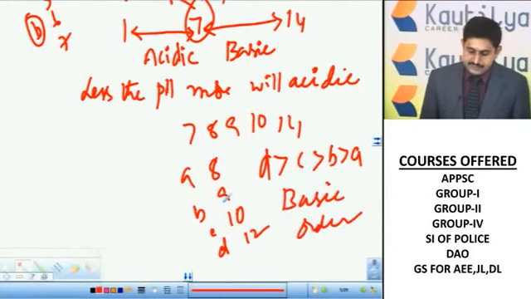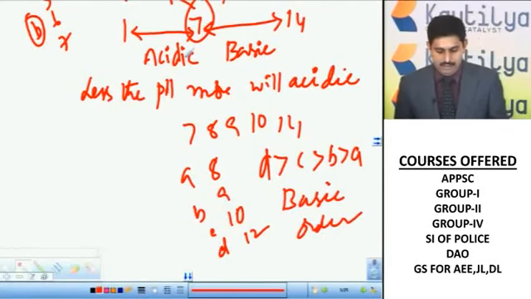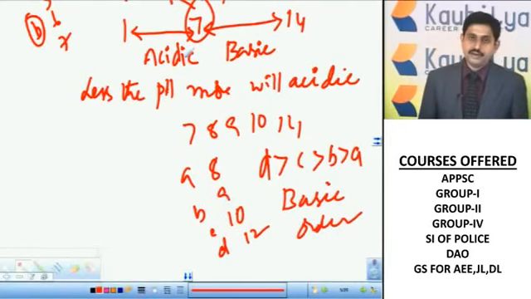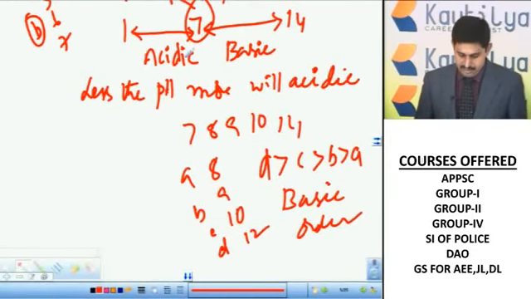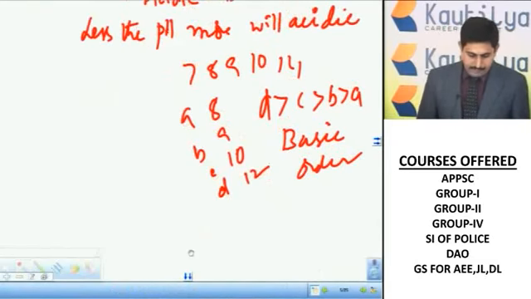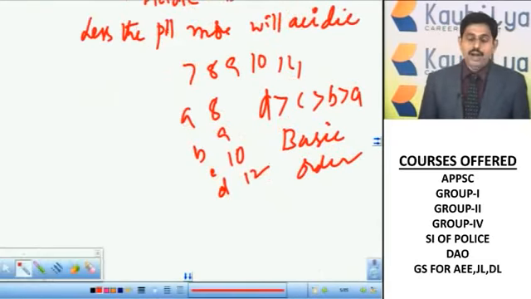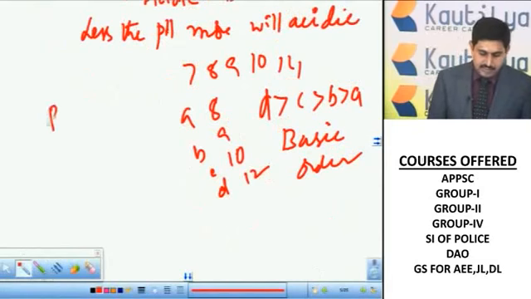So pH 7 is called neutral, pH less than 7 is called acidic, and pH more than 7 is basic in nature. Now, remember, the pH of blood is always